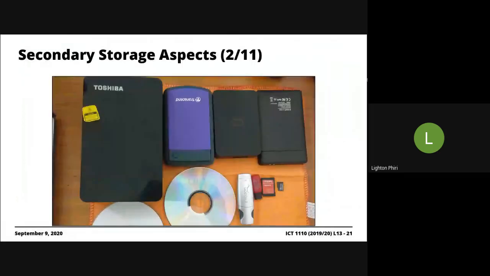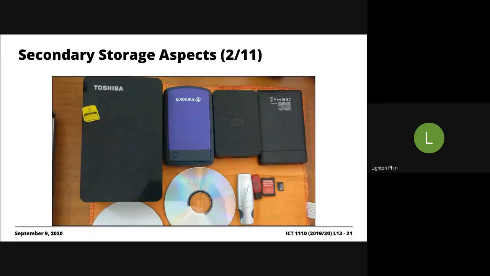So I thought, in terms of the different aspects that I just spoke about, the advantages and whatnot, this helps contextualize things. This is an old image from last year, I think, but these happen to be some of the storage devices. I have plenty of them. I even have